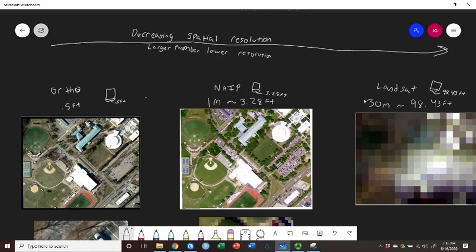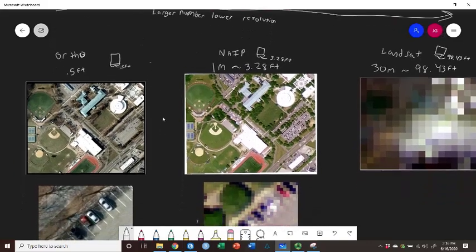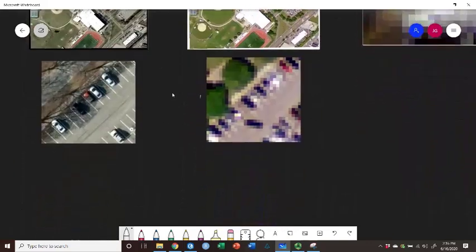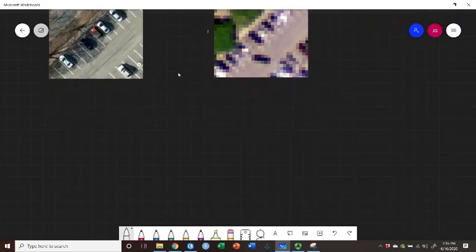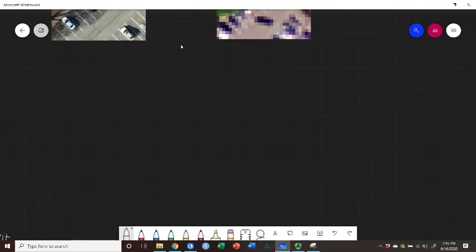So now you might be asking yourself, okay, well, why wouldn't we want everything to be this 0.5 foot, right? Why wouldn't we want all of our imagery to be that? Why do we even have Landsat? I want to take a minute to talk about that because I think that's a really important discussion point, especially as we advance technology and we advance hardware,